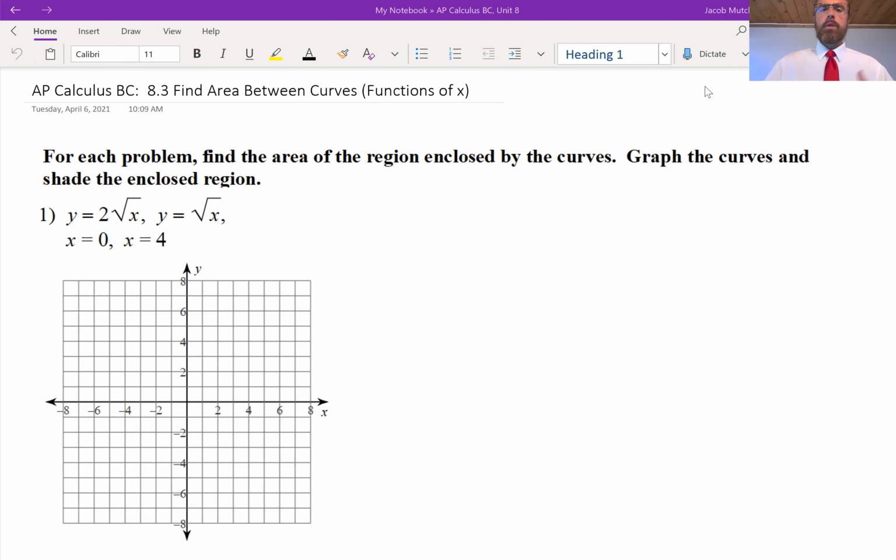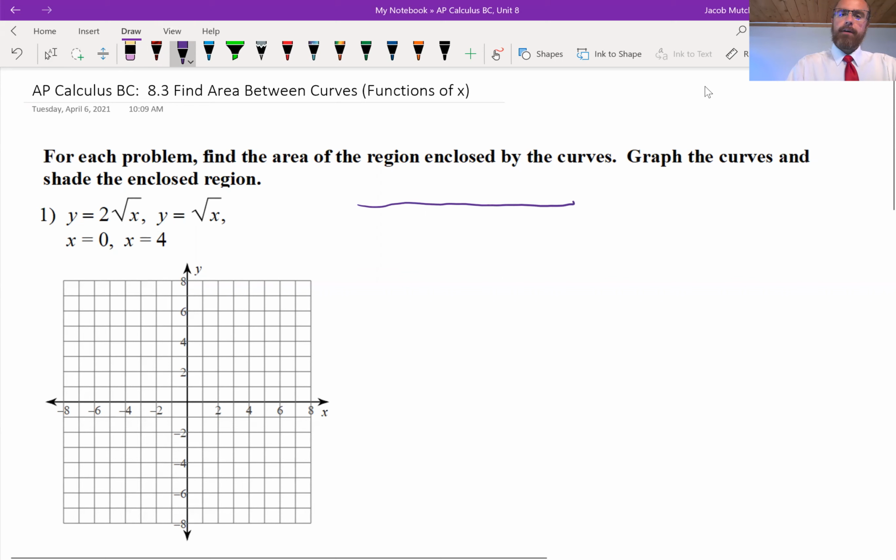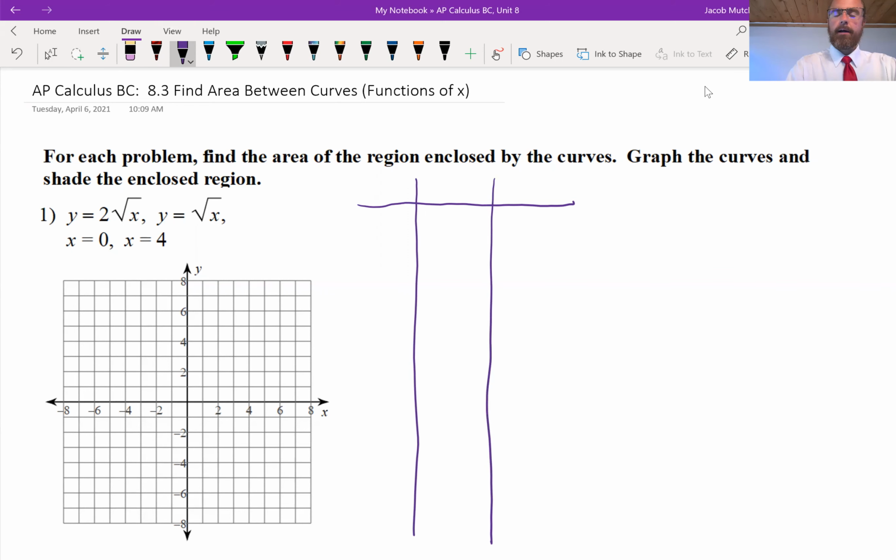So to help us visualize the area that we're trying to calculate, I want to start off by graphing these two functions. Just to anticipate graphing, I'm going to create a 3-column table so that I can see both of my functions, and it will help me as I go to graph. I'm just going to put x here, and I'm going to include all the way to 8. I know our interval is just to 4, but to get the graphs, let's carry that out to 8, since that's the extreme right-hand side of our